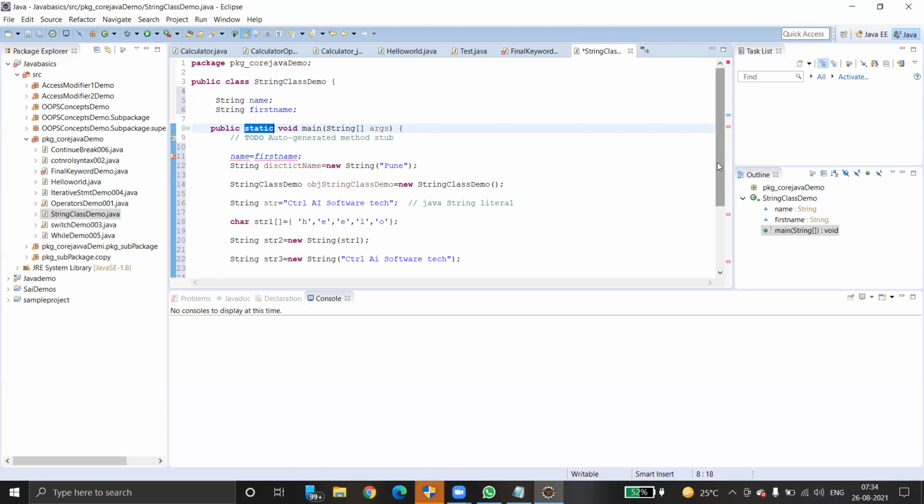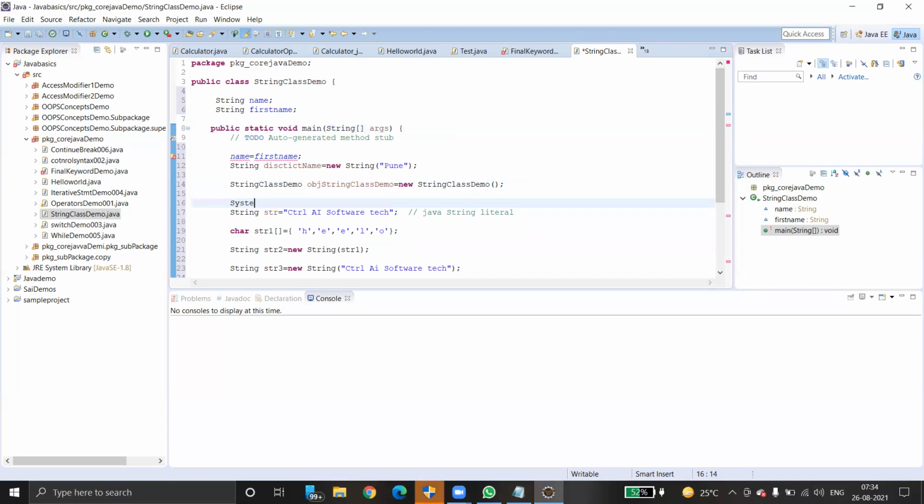Since it's a class variable, if we create an object of string class demo in the main method, and with that object try to write the statement obj dot name is equals to obj dot first name, we can copy it and then print the value of name.